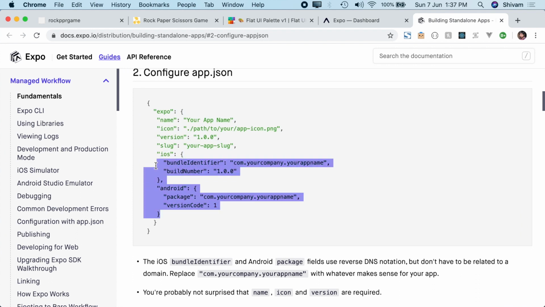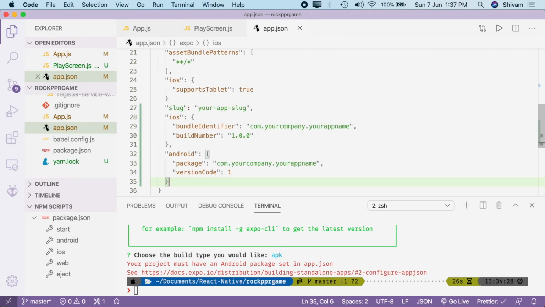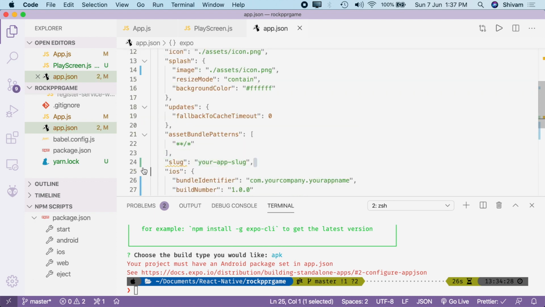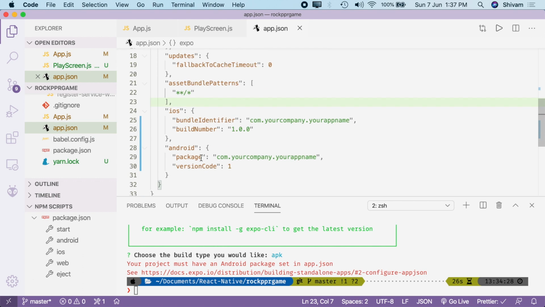So here for iOS and Android we will just copy this here, and I will remove this iOS. And what is this slug? Slug was already there, so just get rid of it. And here is your app package name. It has to be unique, so your company name, CreativeJE, whatever you want to call it, CreativeJE dot rock paper,